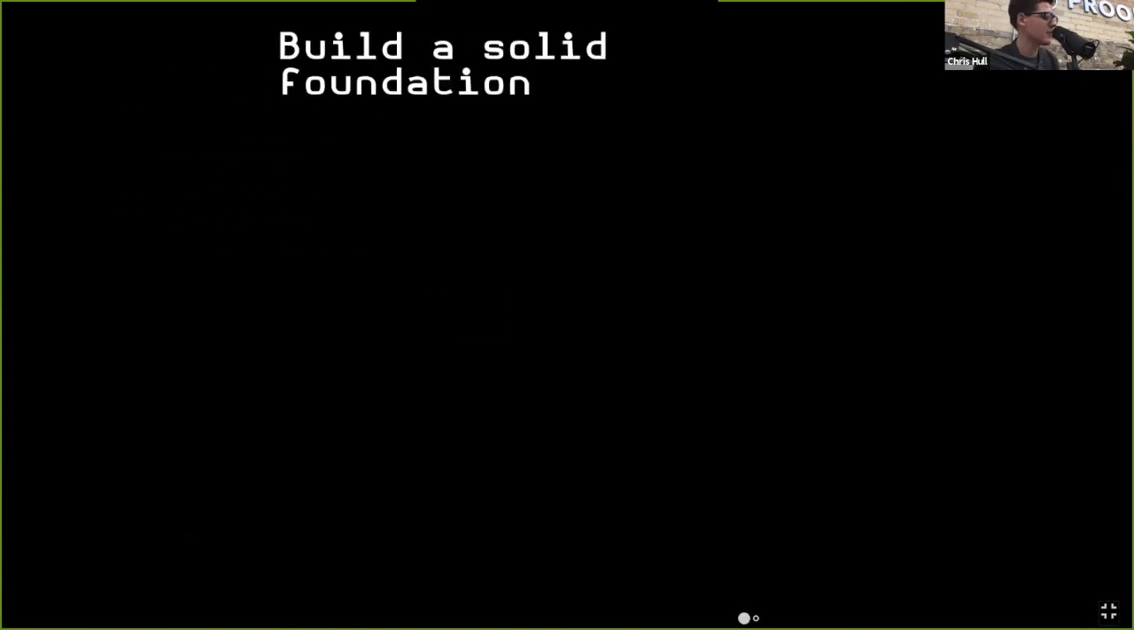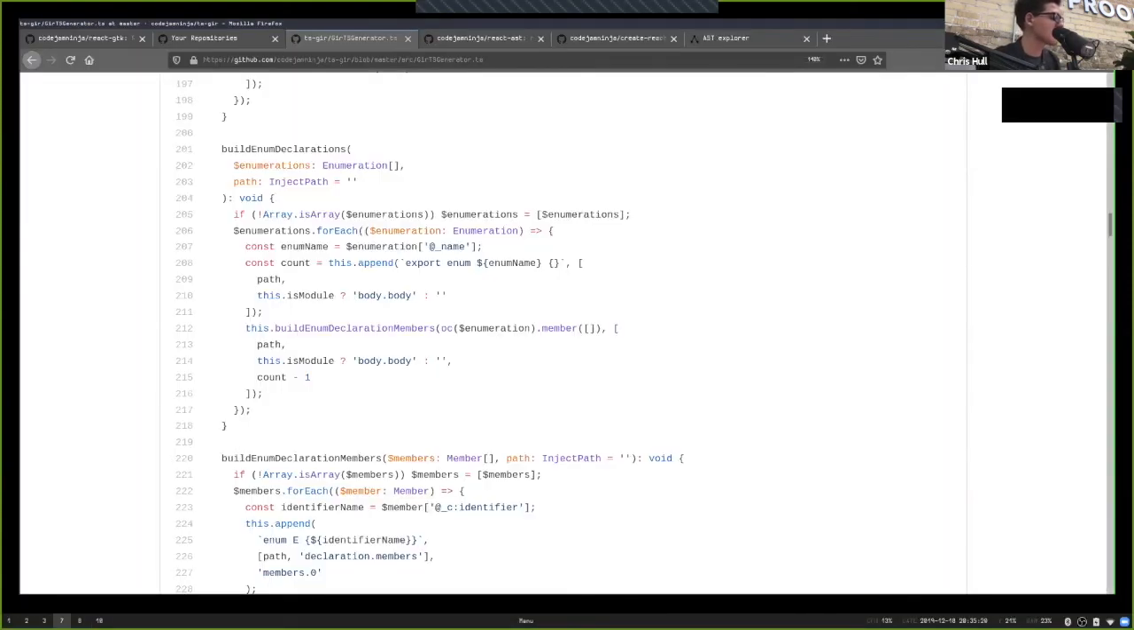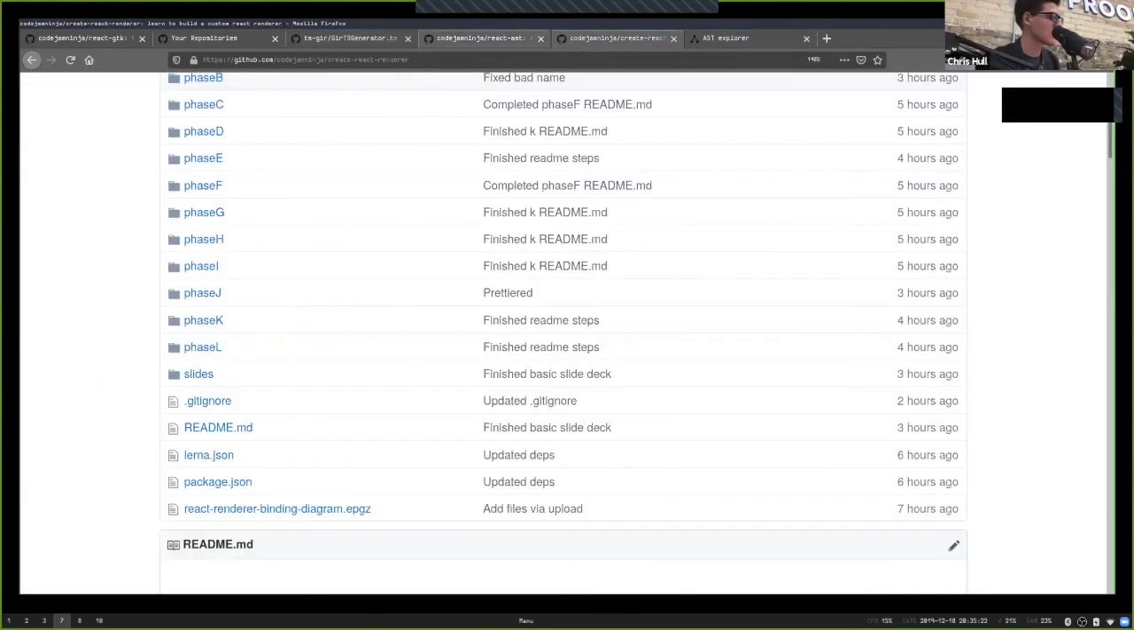Yeah, build a solid foundation. Right? If you have a solid foundation, then it's much easier to build React components on top of your solid foundation. So, okay, I didn't put this in my slides, but I'll go over this real quick. So debugging,